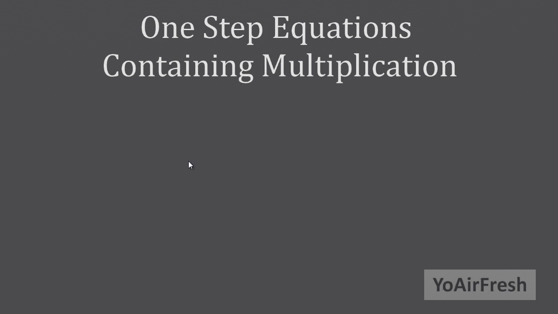Let's say your instructor decides to be mean one day and throws a problem out that looks something like this. So we've got 0.5x equals, let's just say 10. How would you go about figuring this out? You just need to isolate the variable. To isolate the variable, you divide by the coefficient, the 0.5. So divided by 0.5,